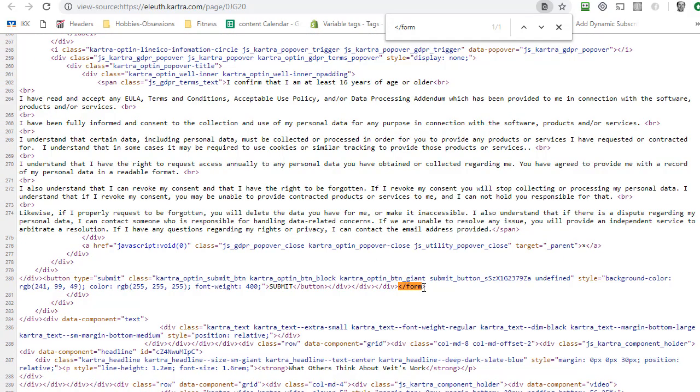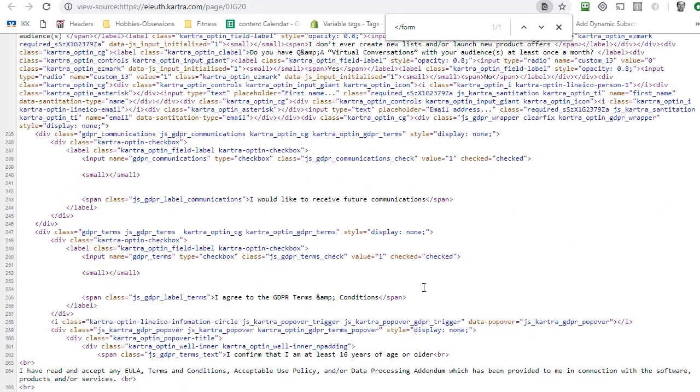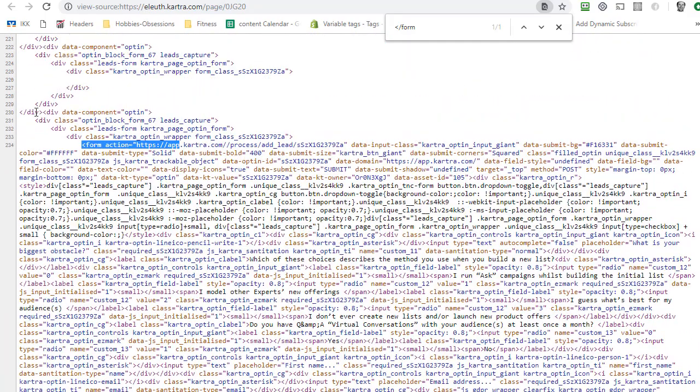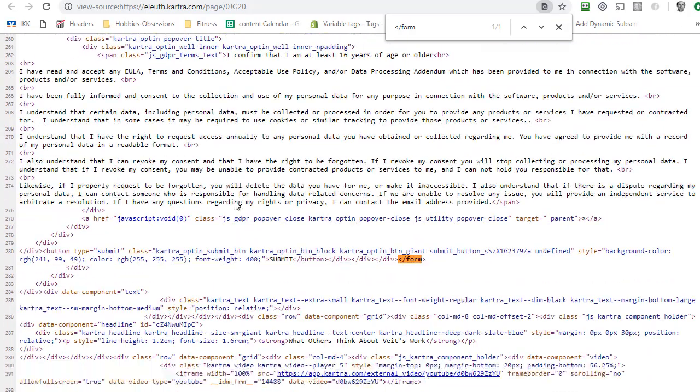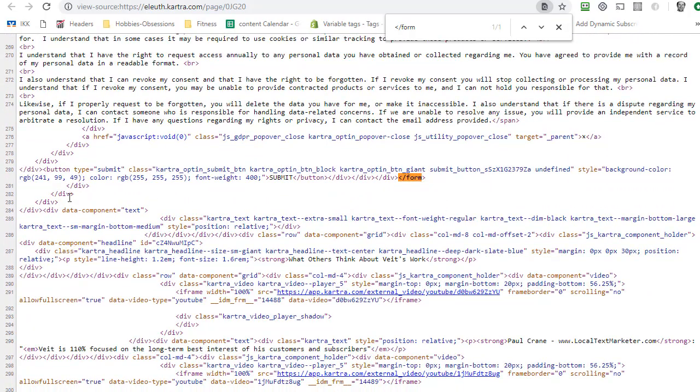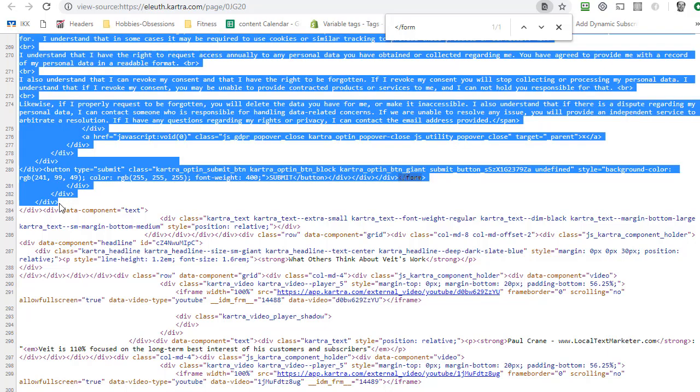Now that's the actual functionality. The styling is in the 3 lines before it. So what you need to do is copy these 3 lines plus the form all the way down to the end of the form plus the 3 lines afterwards. So these 3 div lines need to be in there as well. So take those lines, Ctrl C to copy this whole thing, and we go back to our page